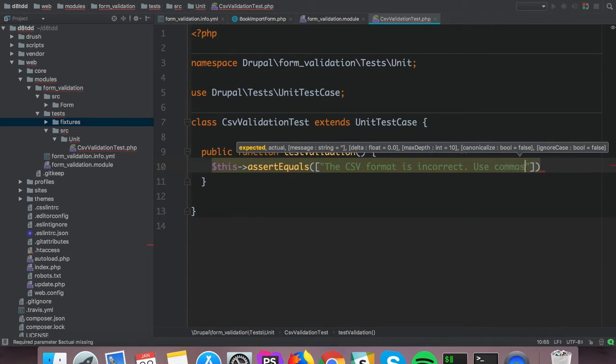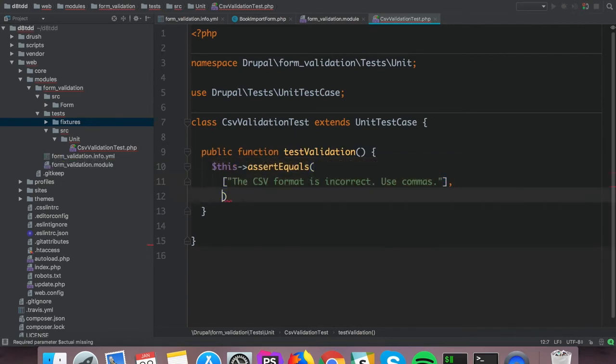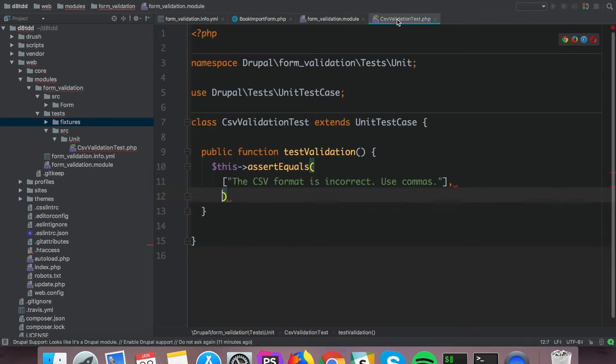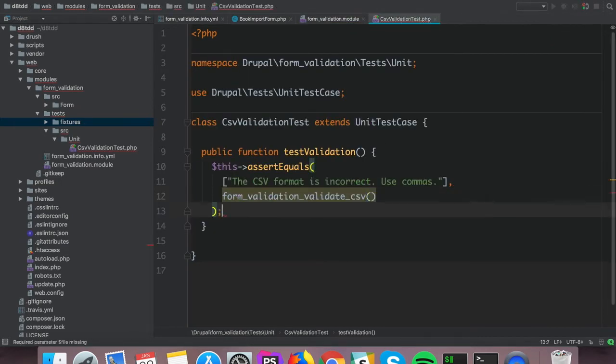Use commas. Let me put this on a new line to make it a bit more readable. And here we want to call our function. Now, this obviously is not going to work because we know we need to pass a file here,